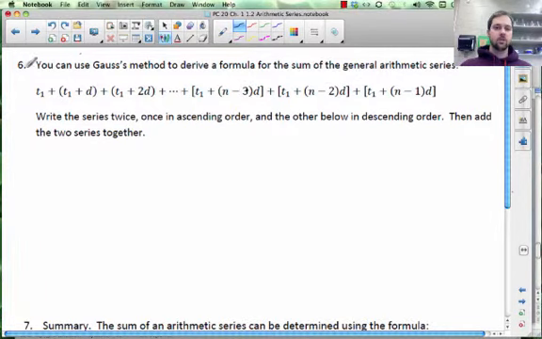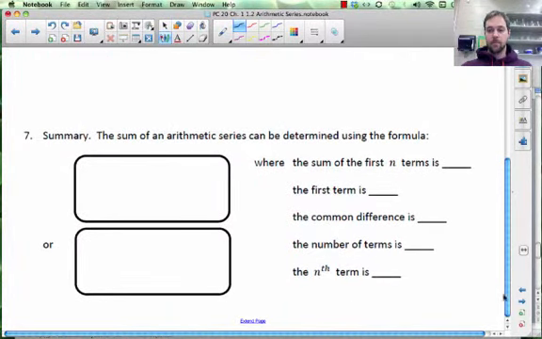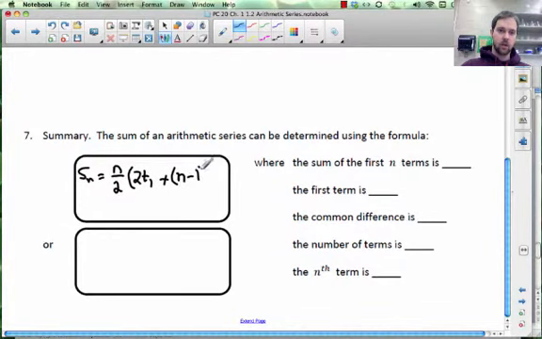Tomorrow in class we will discuss the general method that Gauss used to determine any sum and figure out how to derive the formulas that I'm about to show you. So we can use the formula S sub n, which is the sum of the first n terms, equals n divided by 2 multiplied by 2t1 plus n minus 1 times d, the common difference,